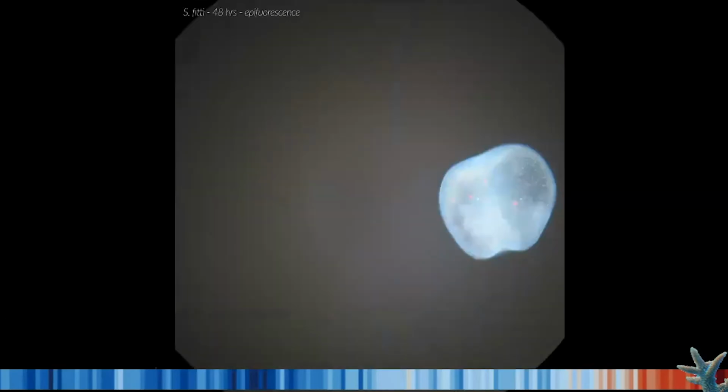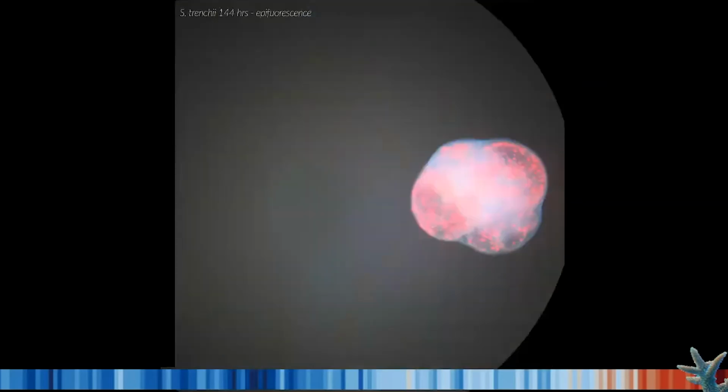This is Symbiodinium fitti. 48 hours, you get a couple algal cells that made their way in. 96 hours, get a few more. 144 hours, you're still somewhere in the range of 50 to 100. With trenchii, the infection rates were similar, but then the proliferation rates went through the roof. 48 hours, 96 hours, and by 144 hours, I couldn't even count them anymore. So this thing makes its way into newly settled planula quickly, and if available, it proliferates a lot more